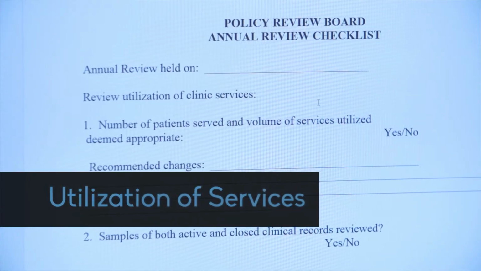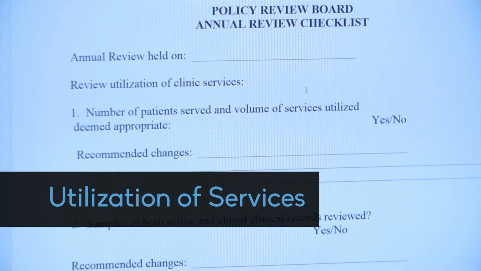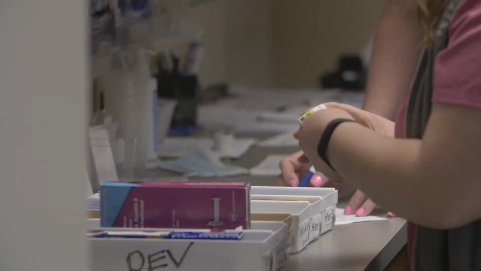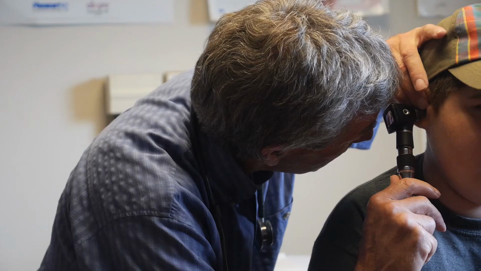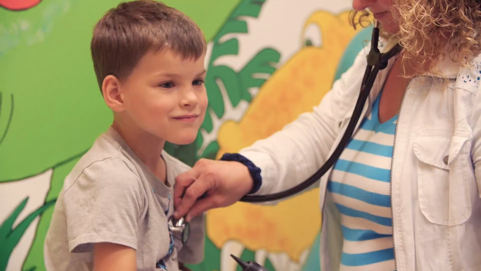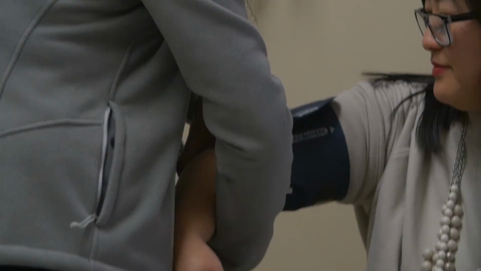There are some compliance things that we review, like utilization of services. One of the things we're looking at right now is we recognize that we order too many CT scans and MRIs, and that's an expensive service, so we're actually reviewing that. That would be an example of utilization of services. We look at, are we taking patients with inability to pay? Are we open to Medicaid? Are we open to Medicare? We look at all of those different things for utilization of services.